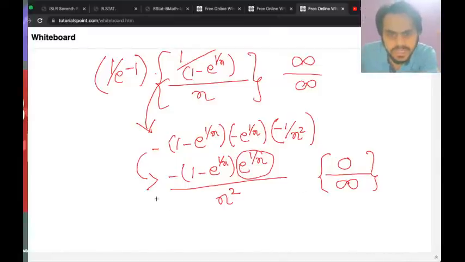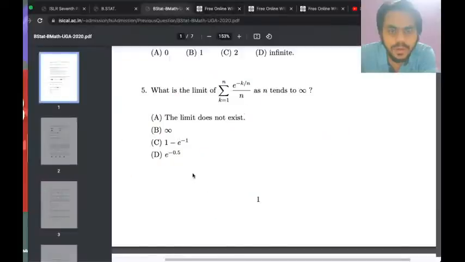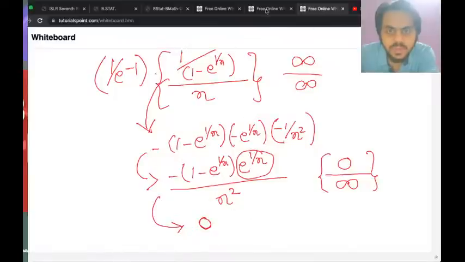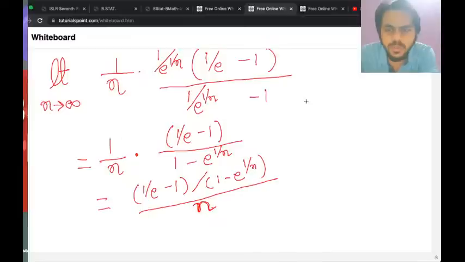So 0 by infinity is determinate. We can say that this means 0, right? Which means that the limit is actually 0. Or rather we can say that the limit does not exist, but I'll have to recheck the calculation over here. So this is also a question which I'll have to recheck and reconfirm with you on the solution for this. So I'll be again parking this question for future sessions,